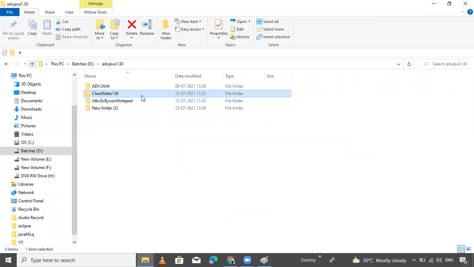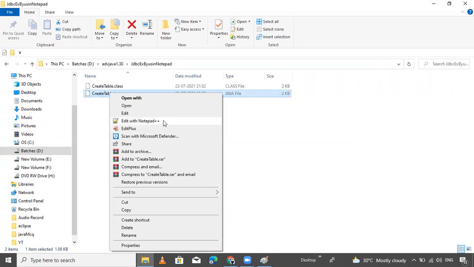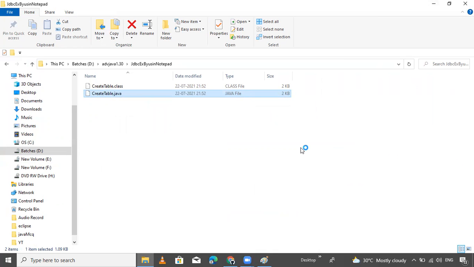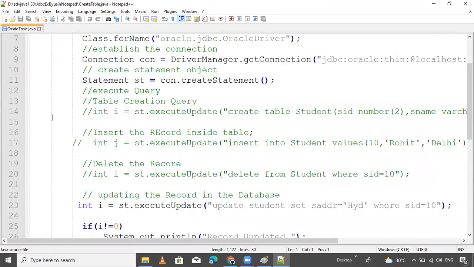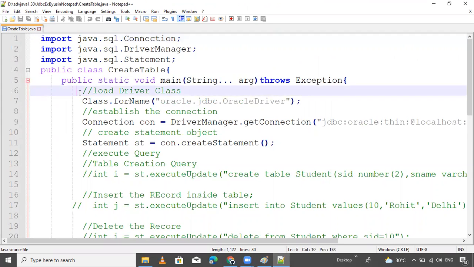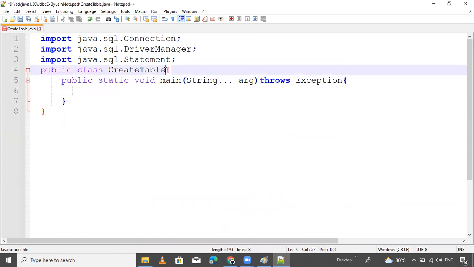I want to open my program folder. Here is my one folder. I want to edit this program. So now, this is the total program. I want to develop one more time. All these things are not required for us. Delete this. Do you want this example or not? Create a new project.